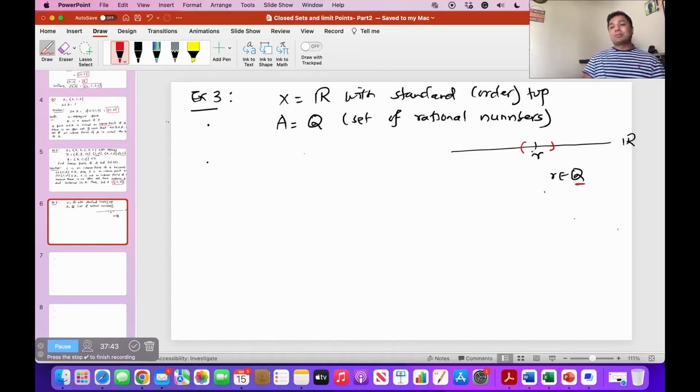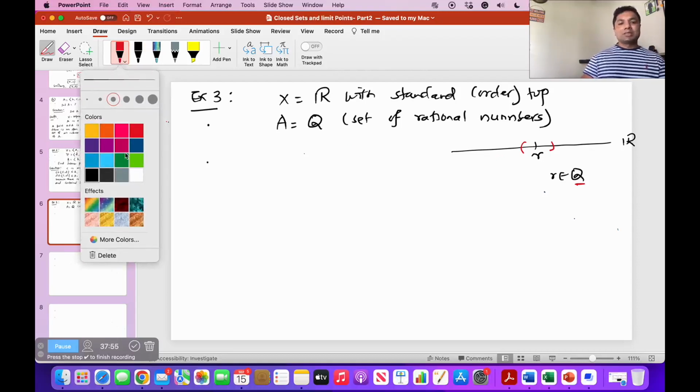Since R is the arbitrary rational number we took here, that means no rational number is an interior point of Q. If there is no interior point of Q, that means the interior of Q is going to be an empty set. Okay,